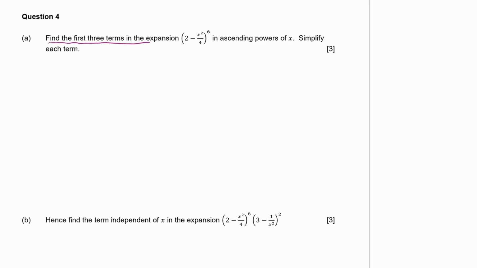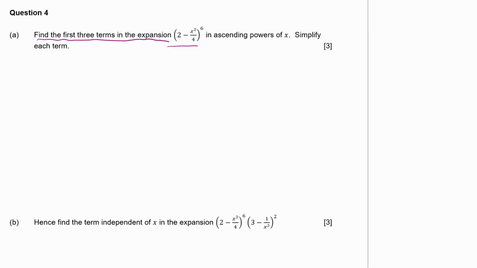Find the first three terms in the expansion of (2 − x²/4)^6 in ascending powers of x. And we need to simplify each term. So we're going to start with 2^6, and then we'll have plus